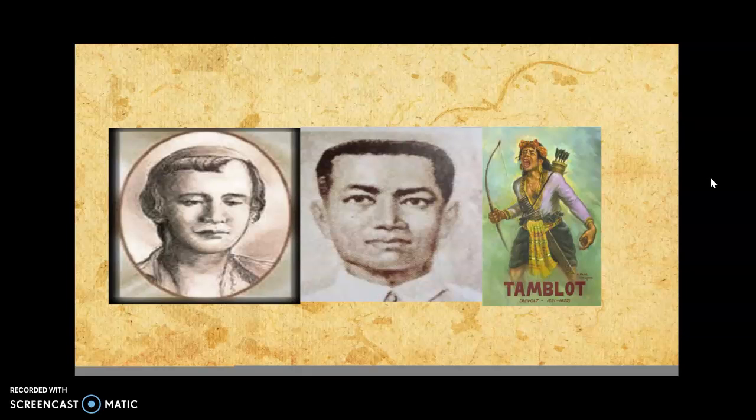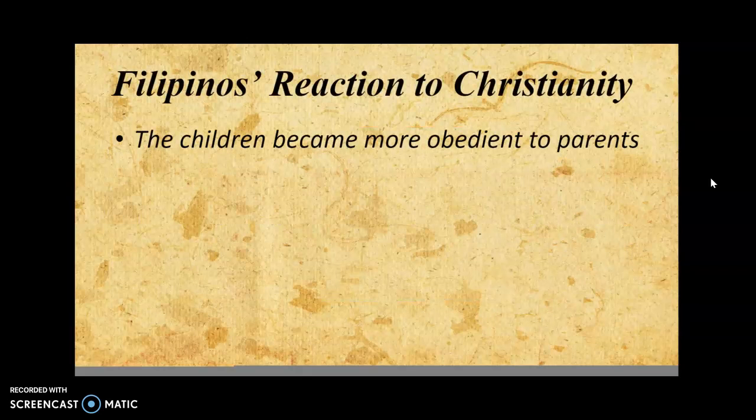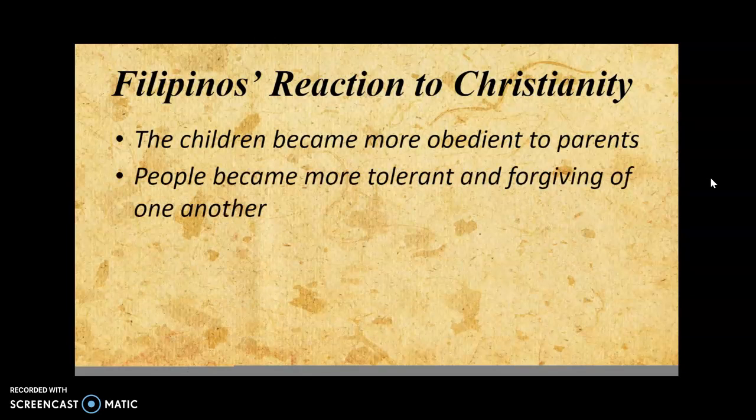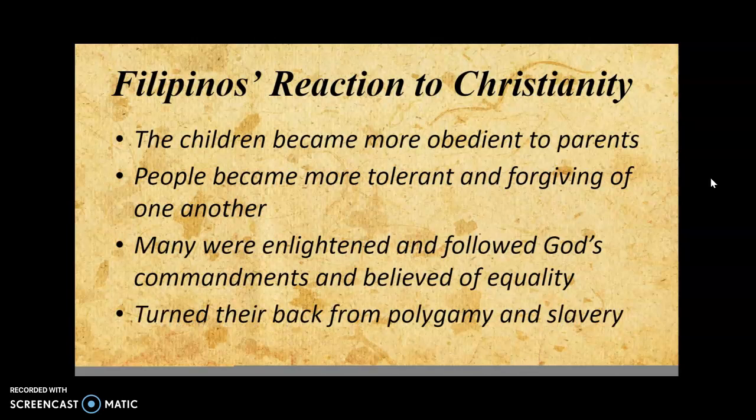Now, let's try to look at the different reactions of the Filipinos to Christianity. The good effects naman. Right? So what did we learn? The Filipinos' reaction to Christianity: first, the children became more obedient to parents. People became more tolerant and forgiving of one another. Many were enlightened and followed God's commandments and belief of equality, and turned their back on polygamy and slavery. When we say polygamy, having many wives, right? However,